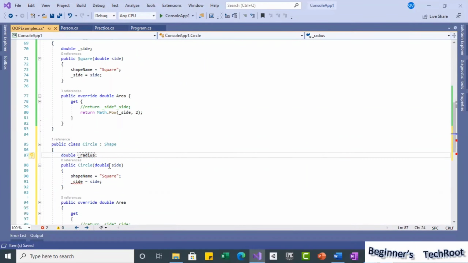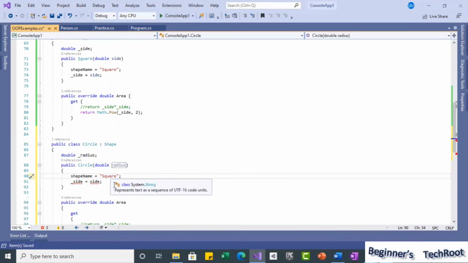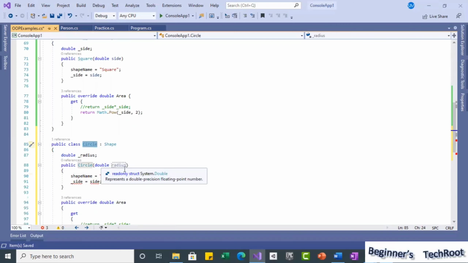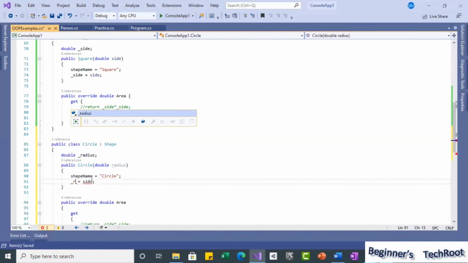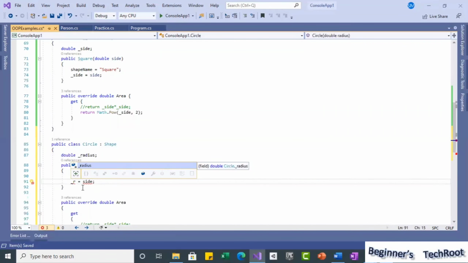And here I will take the parameter radius also. The shape name, we know it is a circle, so we can name it circle. And here I can assign radius equal to radius.